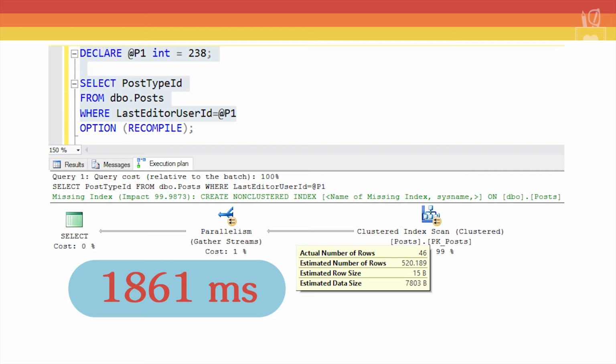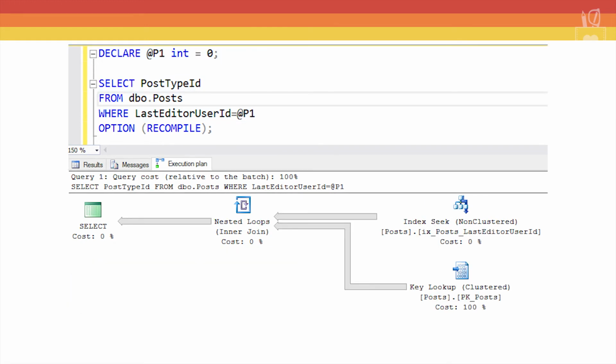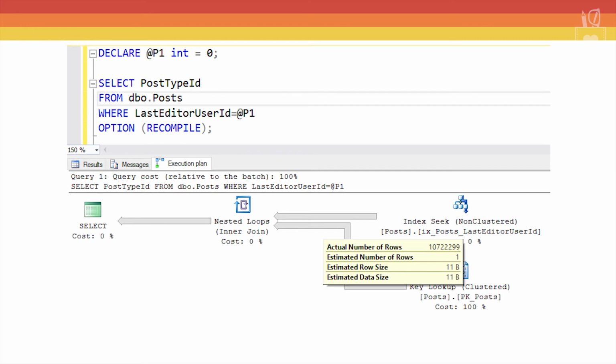Let's take a look now at plan B with parameter A. So this time we're passing in 0 to P1. When we run this, okay, it's a bad sign already because we can see that the arrows that lead from one operator to the next are much thicker than they were last time around. When we hover over, the bad news gets even worse. The actual number of rows, of course, we know is 10.7 million. The estimated number of rows is 1. Because this plan uses things like nested loops and key lookups, small-scale operators that are meant for just a handful of rows, this plan results in disaster. The CPU time that it takes to get through this, looping through 10 million plus rows, is